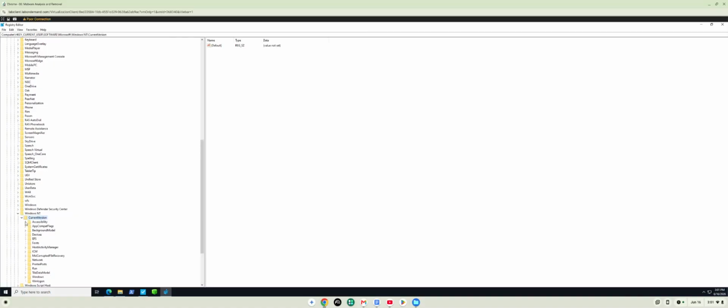All right, let's expand that. So I don't really see anything. Let me see. Okay, then under CurrentVersion, let's go to the Run folder. All right. So in the Run folder, if we notice one of these keys here, we can see this